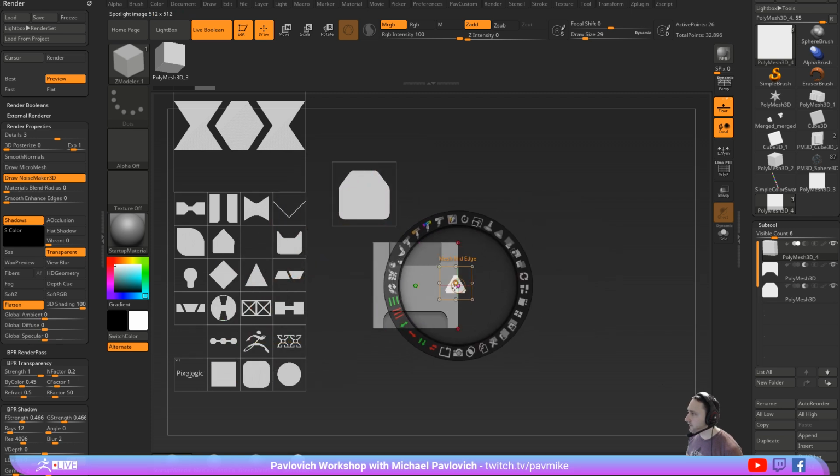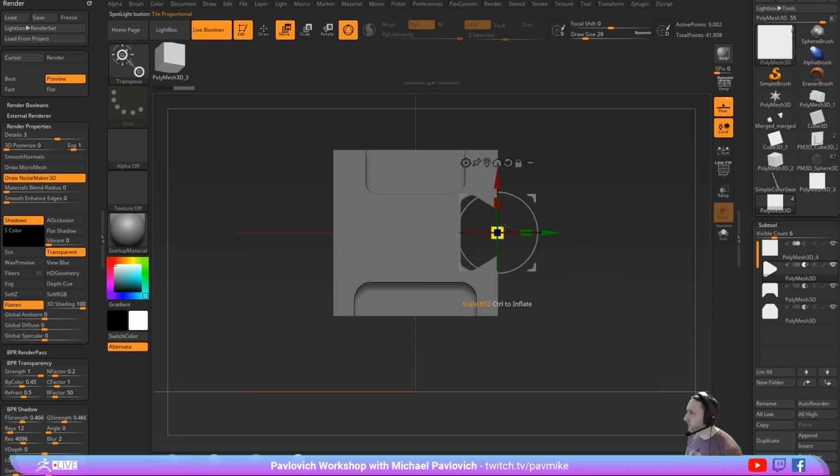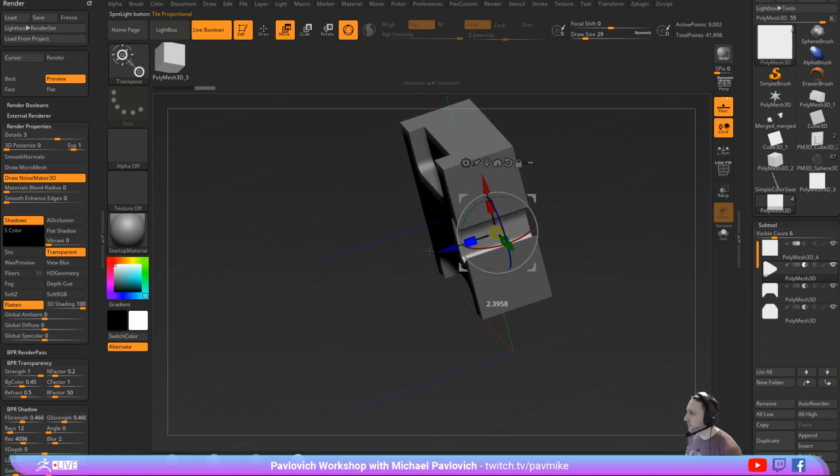So now we've got this shape here, and we'll go ahead and snap it here and snap it here, and we'll rotate this 90 degrees and we'll scale it up. So if I want to cut this through, we now have this one selected, so I hold down Alt and cut through. Now it's going to cut through the entire object because whatever you have selected is what it's going to cut through. And then you can scale this down and scale it back out if we want to, or